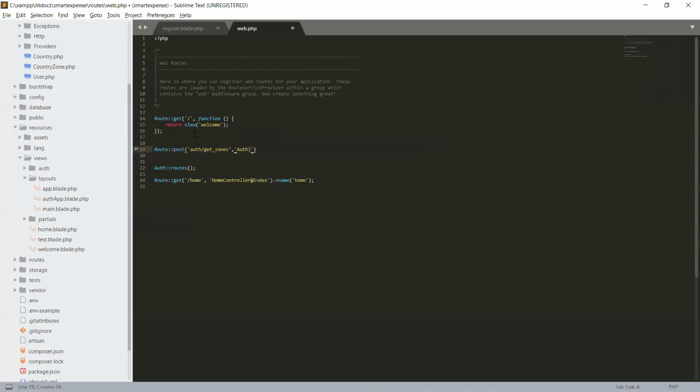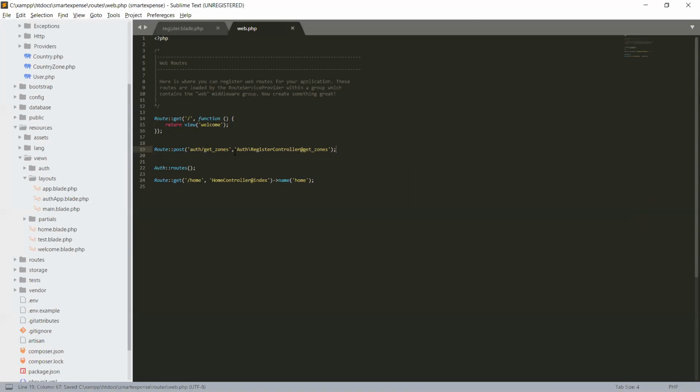Under auth we have a register controller, and we will create a method get_zones, and end that statement.